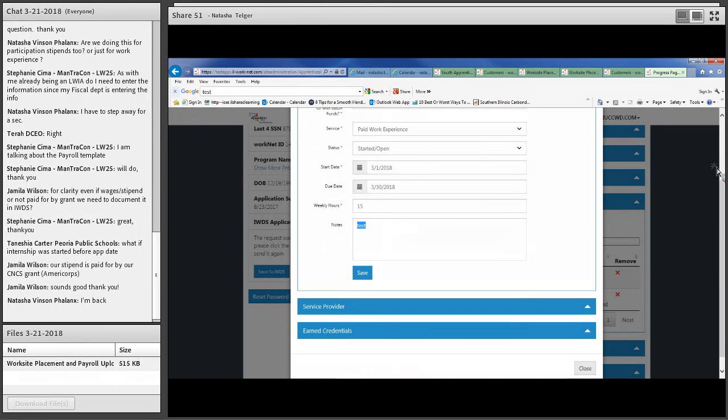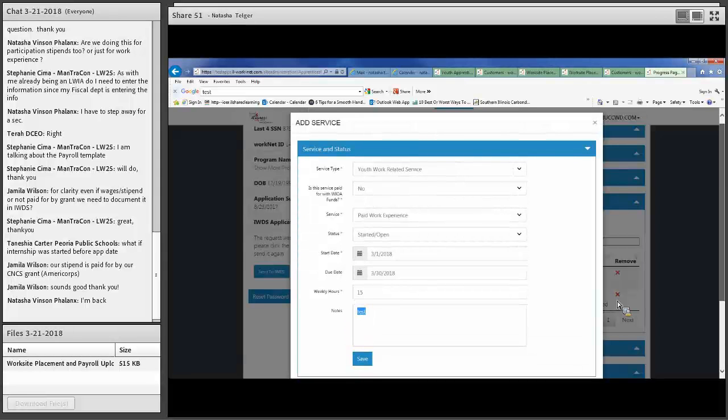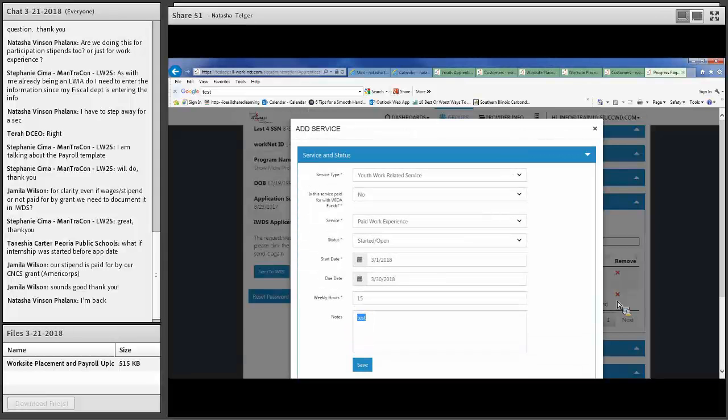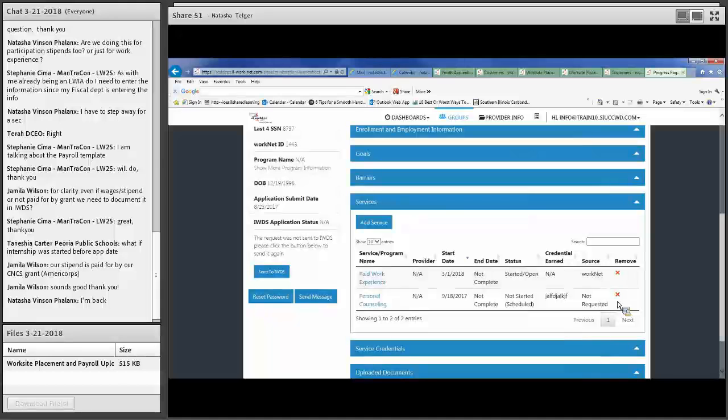And then, so that identifies that. Yeah, I mean, obviously your staff costs are related to this because you're potentially setting up the work sites, but the actual wages would be coming from a different funding source. So in that particular case too, the source is WorkNet, so that would not be transferred over